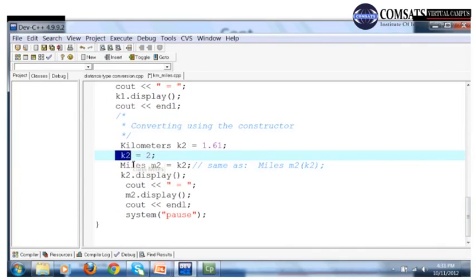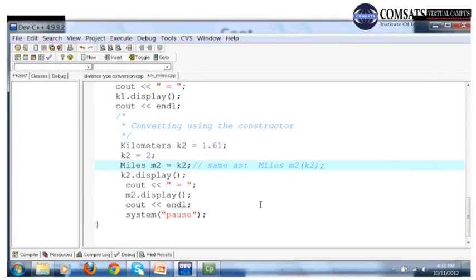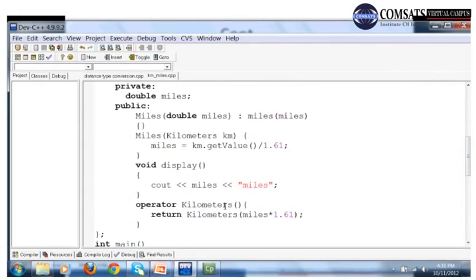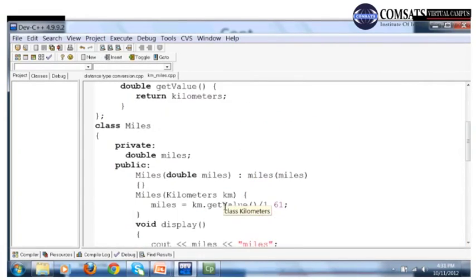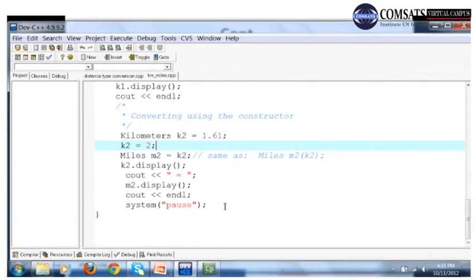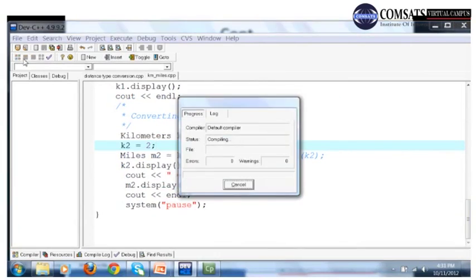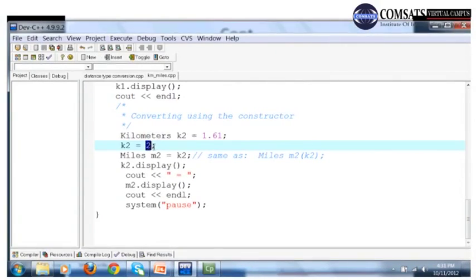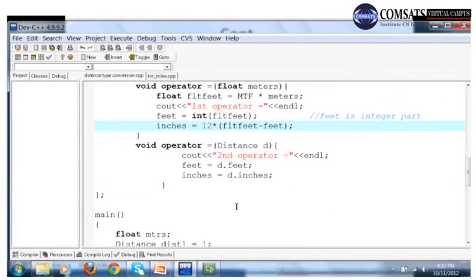k2 is, that means kilometer class. ठीक है, ये otherwise ऐसे execute. Let me check out. That is the kilometer class, इसमें कंस्ट्रक्टर है, close. So इसमें हमारे पास